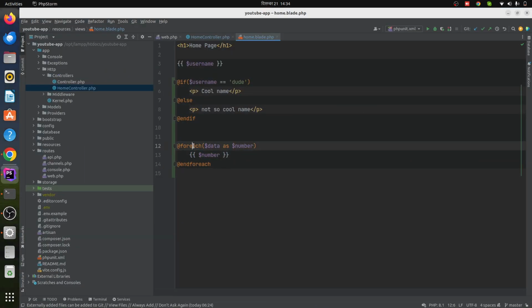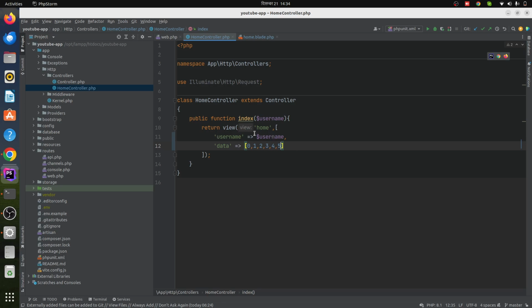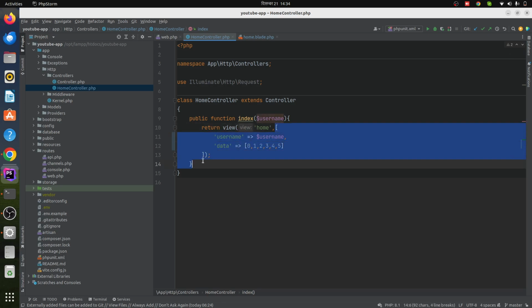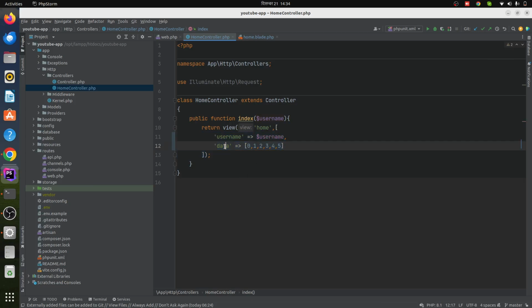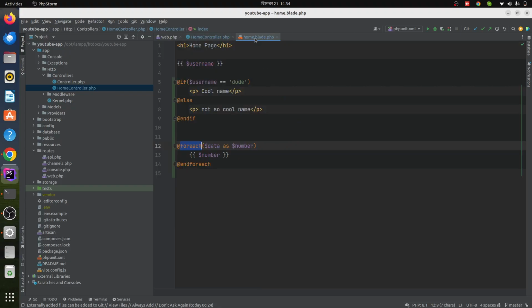This is how we use the foreach loop inside this blade file and if statement inside this blade file. And as you know, we pass the data to the view with the help of an associative array, and we are accessing the data from here, right? So this is it for